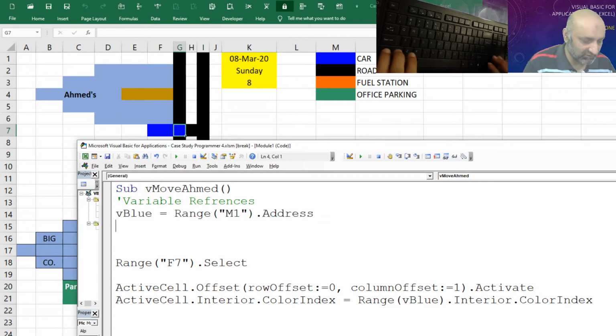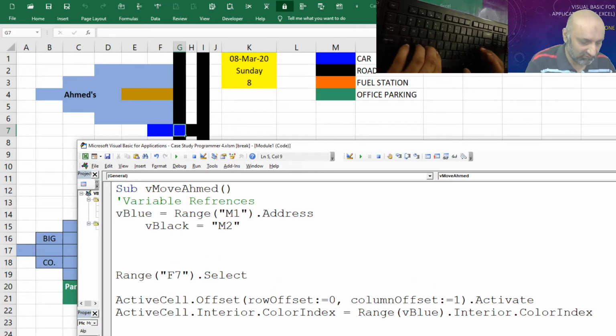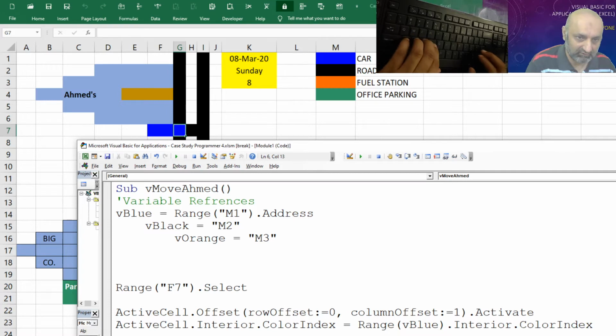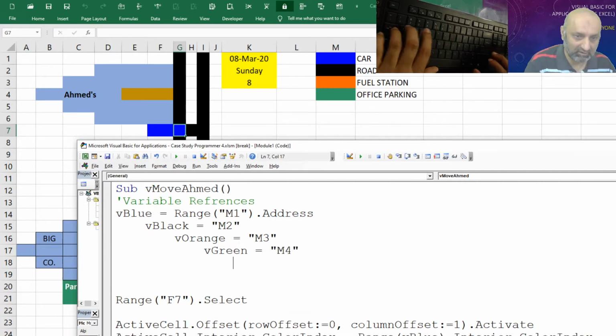We can do it simply by black is equal to, in inverted commas, M2, and orange is equal to M3, and green is equal to M4, and white is equal to M5.